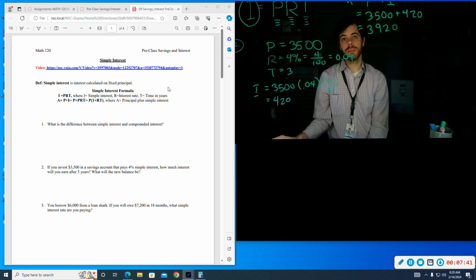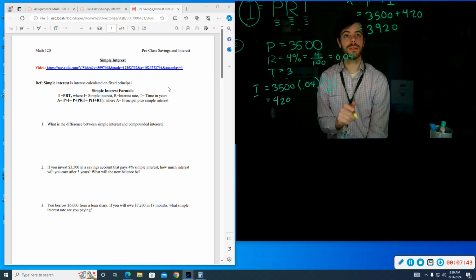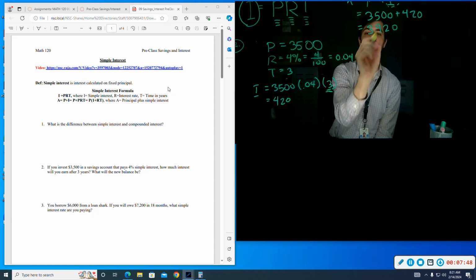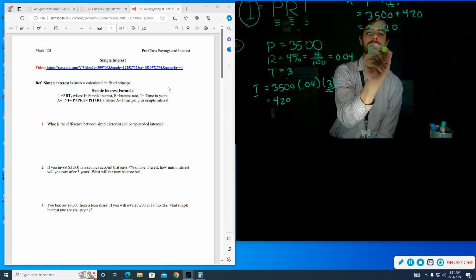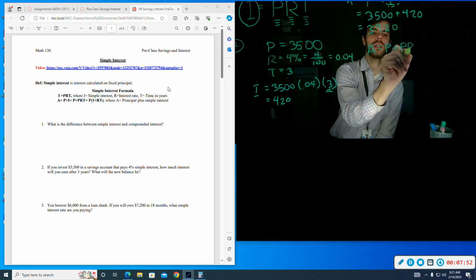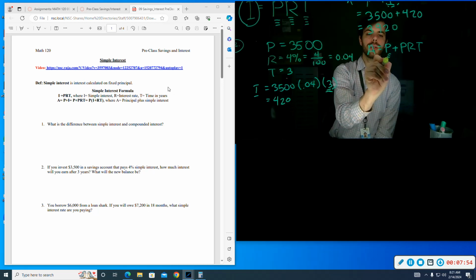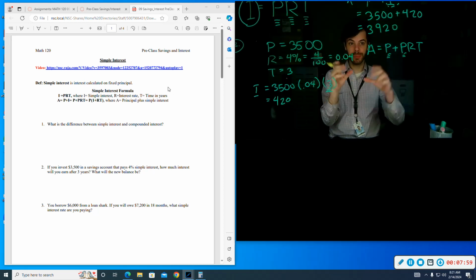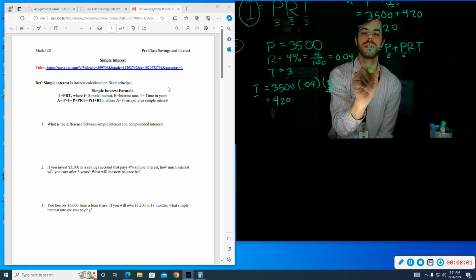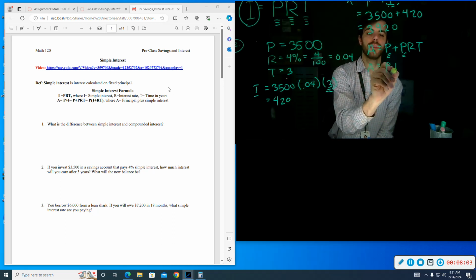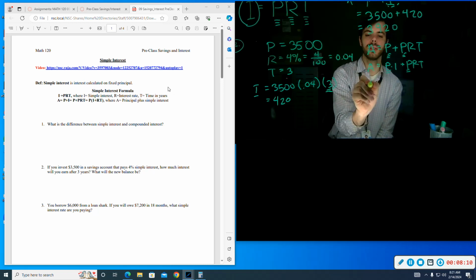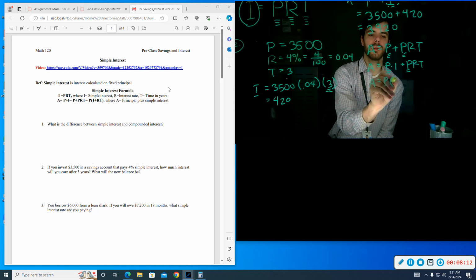Now you can simplify this formula. They do it for you above. We have a formula for I, so we can substitute that back in. And we get A equals P plus PRT. P shows up in two places, so we can use parentheses, right? We can collect terms. P times 1, that's the same thing as P, right? Plus PRT. So I'm going to pull out the P from both sides here, and I'm left with a 1